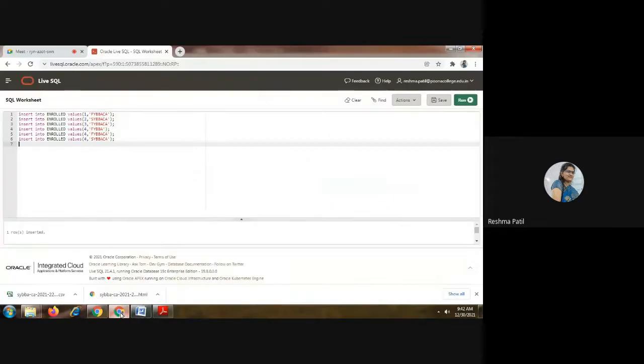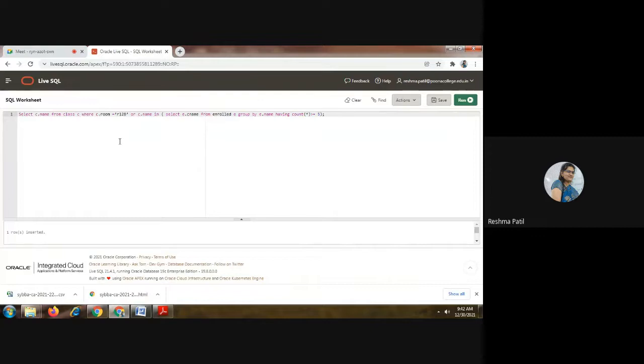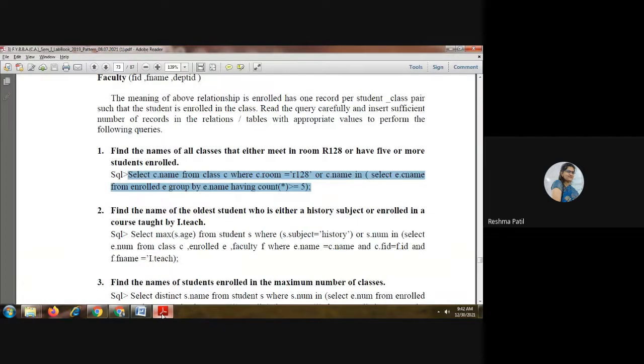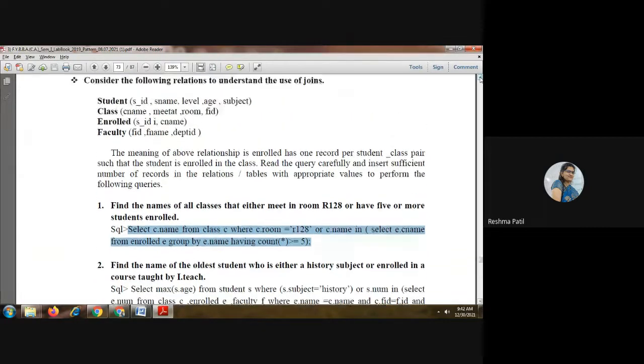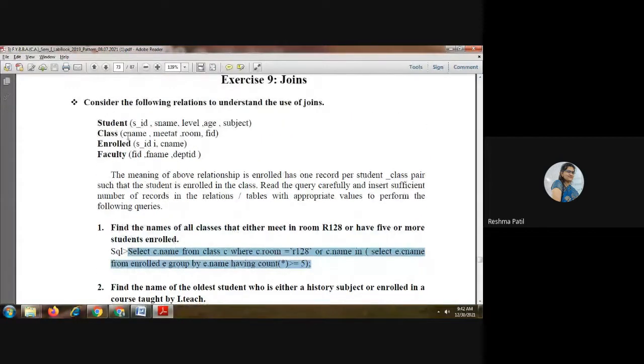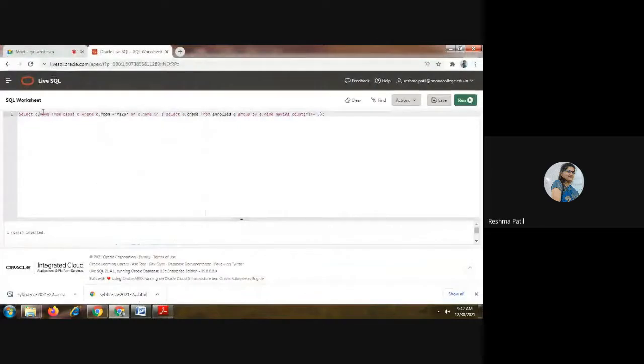We will check whether it is working or not. From this, you can check some fields are different. They have given here, this is a class table. So for the class table, whatever field names they have given, accordingly you have to change. This is CNAME, they have written only name. That will not work.